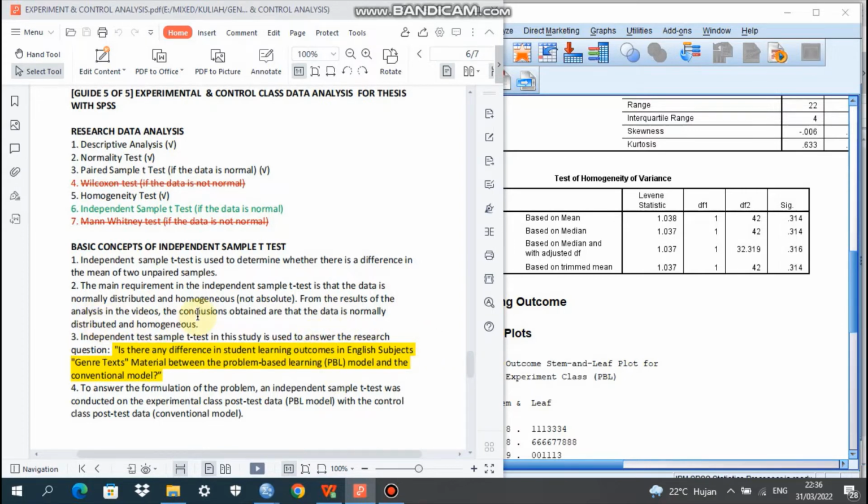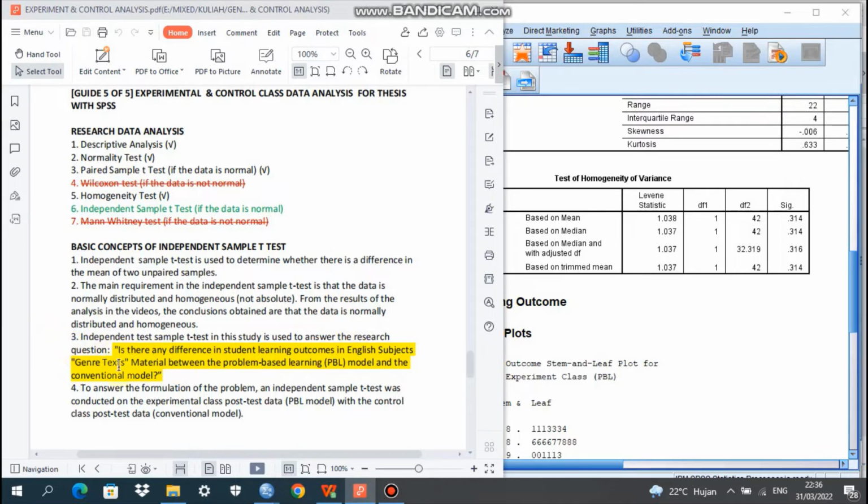Okay. Number two, the main requirements in independent sample t-test are that the data is normally distributed and homogeneous. From the result of the analysis in the videos, the conclusion obtained is that the data is normally distributed and homogeneous.